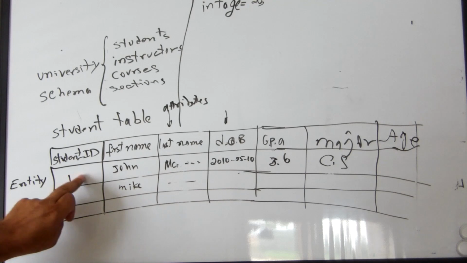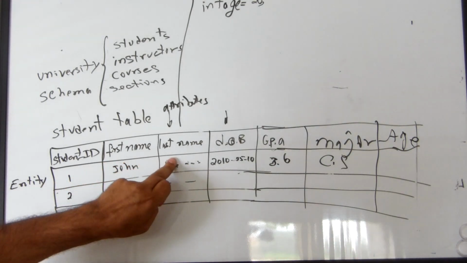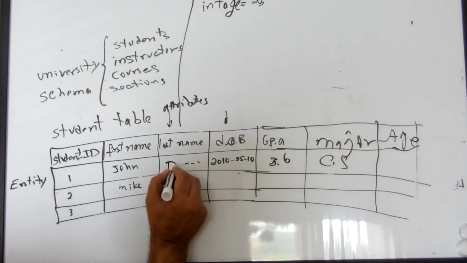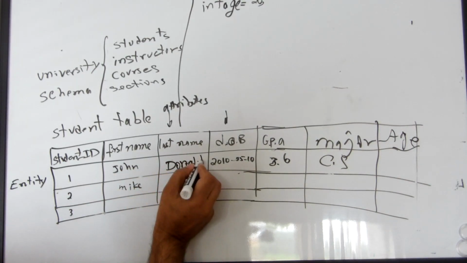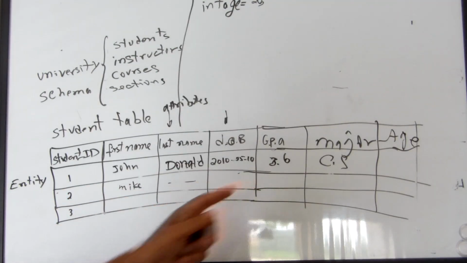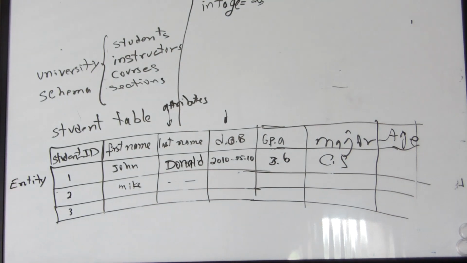Entity, which is student ID 1, his name is John, last name is Donald, and date of birth, whatever it is. These are the values. Then we talk about creating the tables and how we create these. But for now, we are going to say that